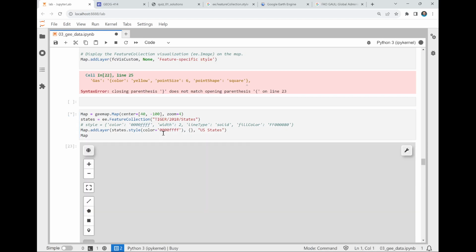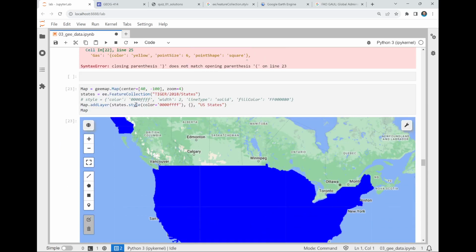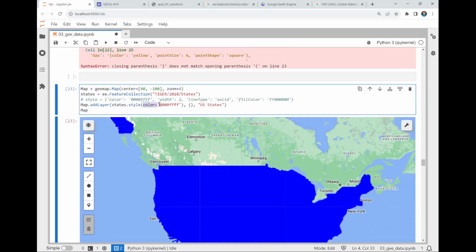See if it works. You see? So in the style function, within there, you can provide the parameters. The parameter in Python usually will be the name of the parameter equal to something. So what I need to do here, basically, will be this comma, and then because right now it's all blue